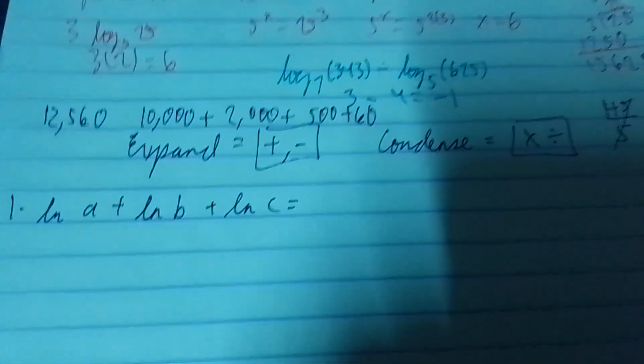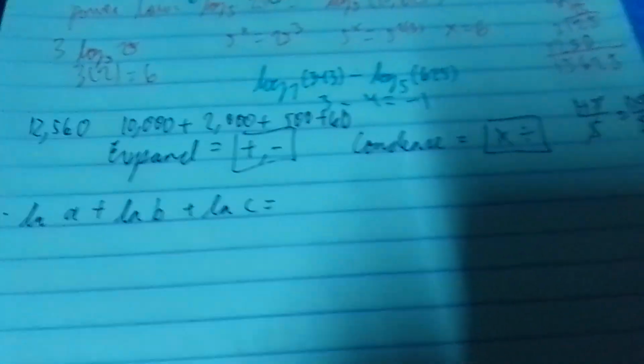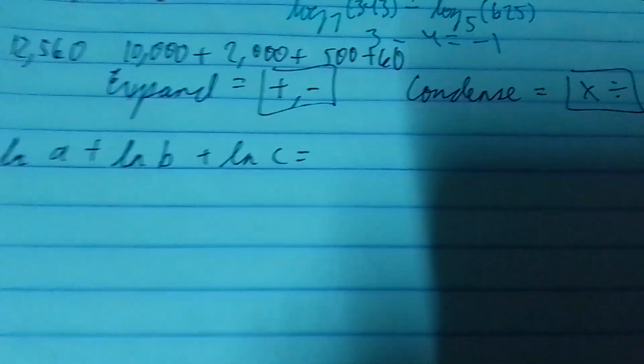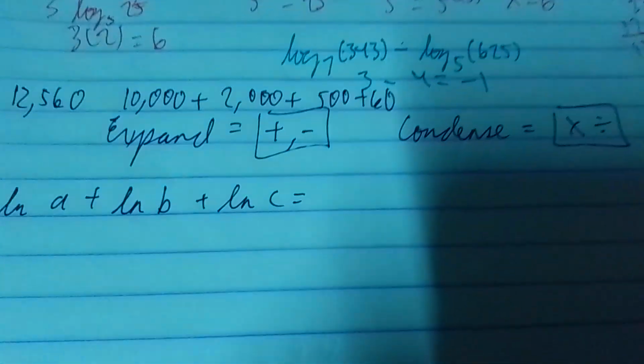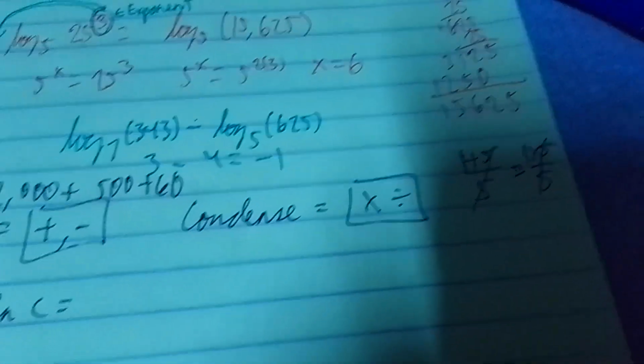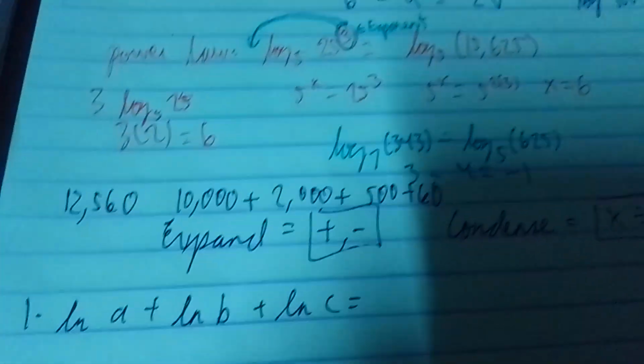Now, which among these laws of logs is suitable for this problem? So number 1, and that is the product law. Kasi nga, di ba, nakita mo, product is always plus. So therefore, to rewrite it, it's going to be like this. We have ln of A plus ln of B plus ln of C, which is equivalent to, di ba, remember